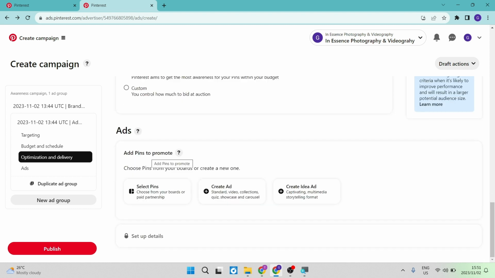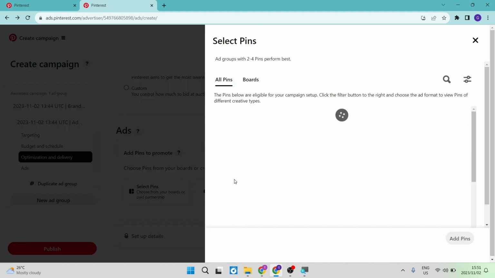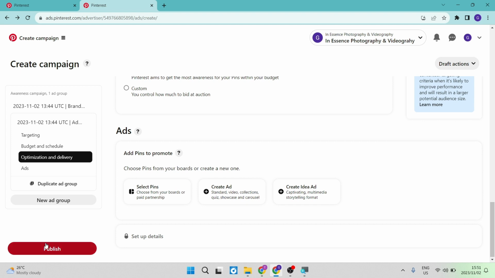Then you're going to add pins to promote. You can either select one of your original pins that you have on your account, or you can create an ad over here, which is a standard or a video, collection, quiz, showcase, or a carousel. And then you can create an idea ad, which is a captivating multimedia storytelling format. So what we're going to do is tap on select pin, and here are all the pins that we have available on our account. Once you've selected a pin, you can go back out here,